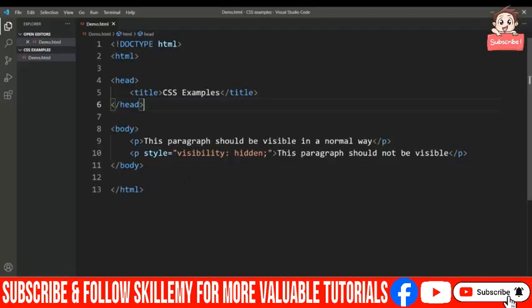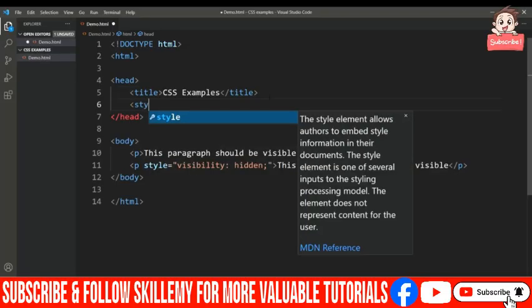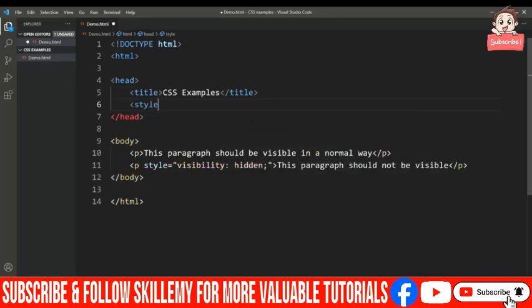So basically if you don't want to show anything, that doesn't matter, you can just remove that from the text. There's no use of putting visibility hidden as such. But if at the runtime you want to show or hide some of the content, then definitely it is going to help you. So what I'll do here, inside the head section I will write a couple of lines of code,